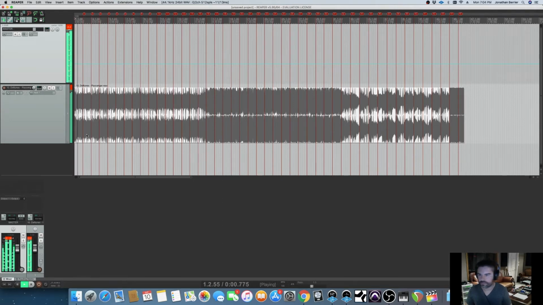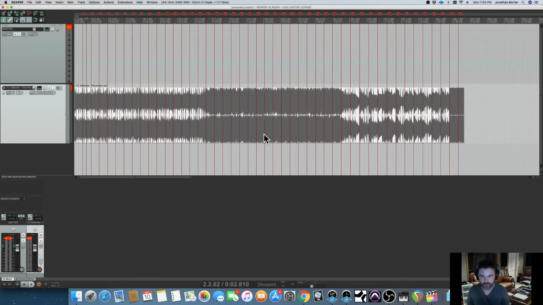Cool. All right, so now we have markers. You can kind of imagine these markers as your measures. So we've dropped a marker for every measure of the song thus far. The reason that's important is because a couple of shortcuts that I've set up are going to manipulate this for us. So first thing we're going to do, make sure that your